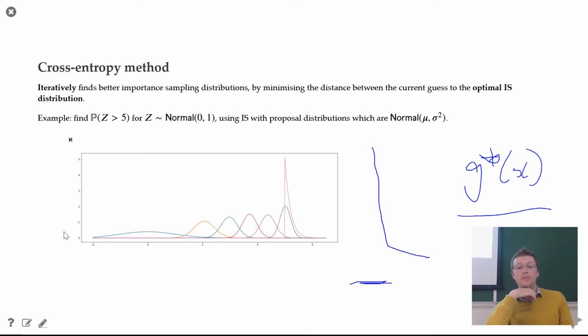So the G star is a theoretical thing that we use in the algorithm, but it's not a practical thing. We can't ever actually use importance sampling with the G star because to get that distribution, you need to know the probability that you're trying to estimate before you can use it. So what's happening here is